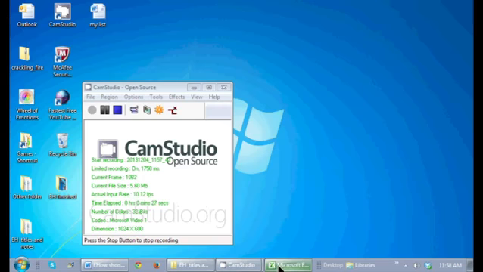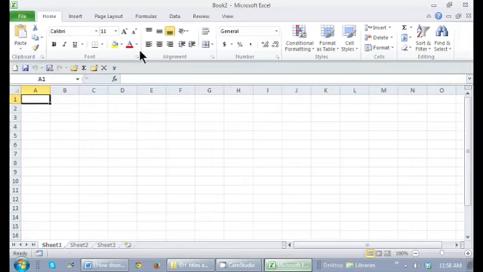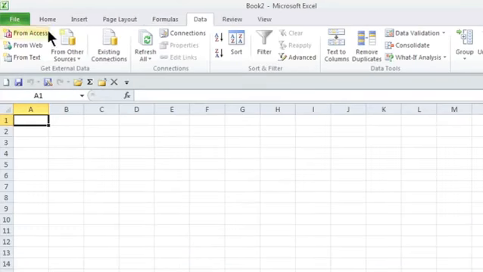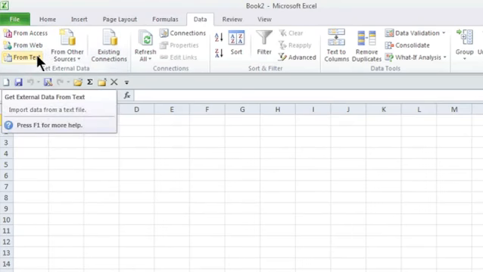So if I'm in Excel, if I go to the Data tab, there's this Get External Data group. From Text is what I would use for getting a Word document. I'd have to have saved it, as opposed to a Word document, DOCX, I'd have to save it as a text file. So I click on From Text,